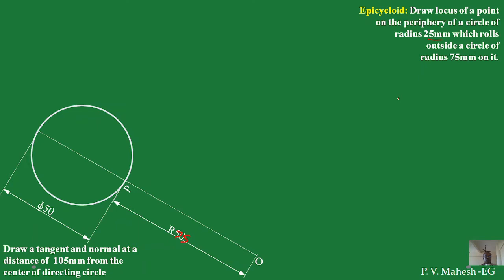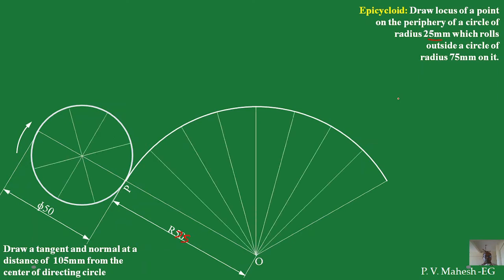But since it is not a straight line, what I have to do? I have to draw an arc of a sector. Now what is the angle of the arc of a sector? It is equal to small r by capital R into 360. Then I will get this sector angle. This angle between this line and this line is equal to small r by capital R into 360.